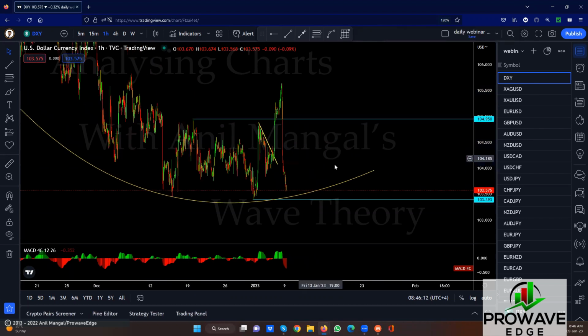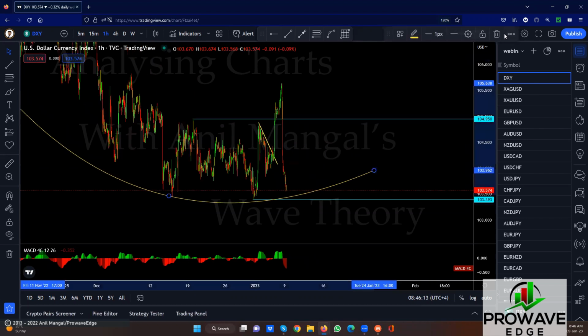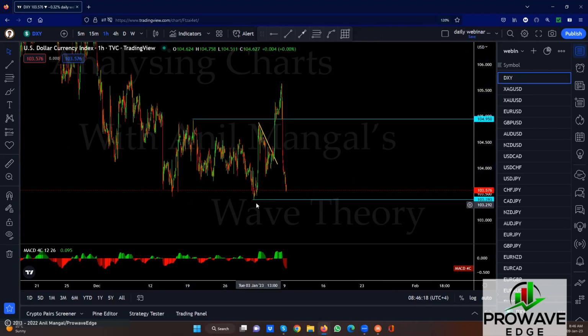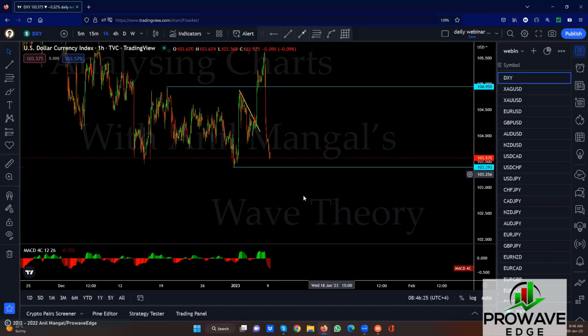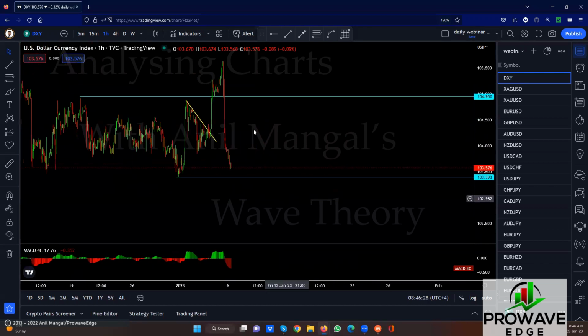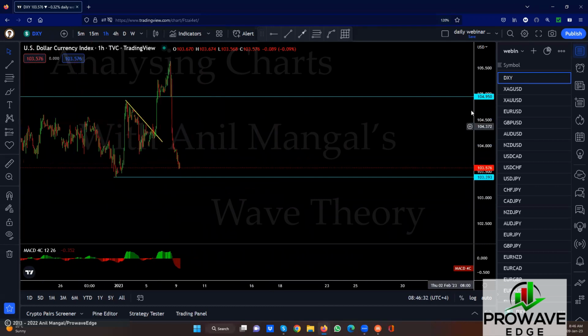So we can take this out. This would not be that effective right now. Take that out. So we'll see if we break this low again, and if and when we do, if it's going to reverse, go back up, stay within that consolidation, or if it's just going to keep dropping. In any case, you still need a flag. Selling at the bottom of a move like that is really dangerous without a correction.